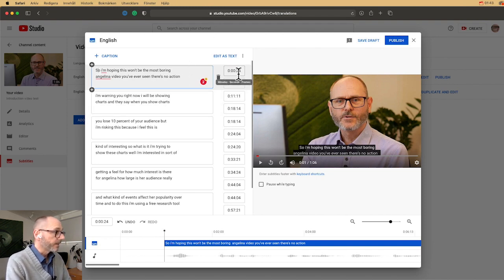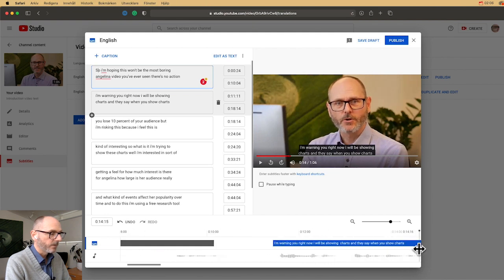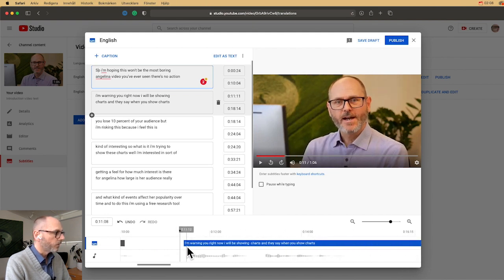However, there is the timing, and you can see down here there is a graphic representation of the text here and the audio here. So here I can actually see where I talk, and if I scroll on this timeline here, I can see that that first text ends here, and here gets another text here, and I can do things like changing the timing, like dragging over here, and that is absolutely the best way to do it.